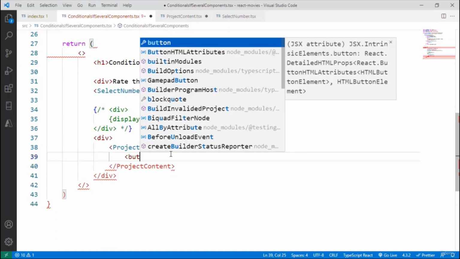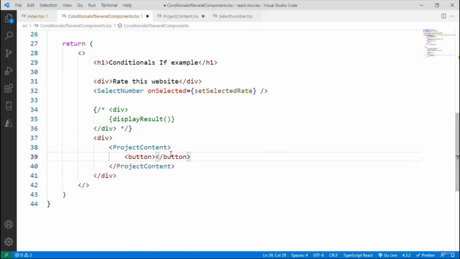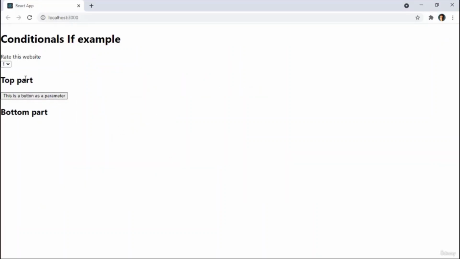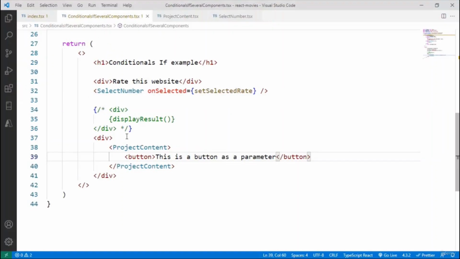Let me put a simple button. Let me pass a button as a parameter. This is a button as a parameter. Let me Ctrl K S to save everything, and let's come back here, and as you can see here we have top part, bottom part, and this is a button as a parameter,